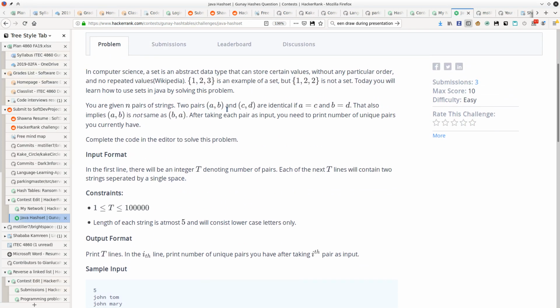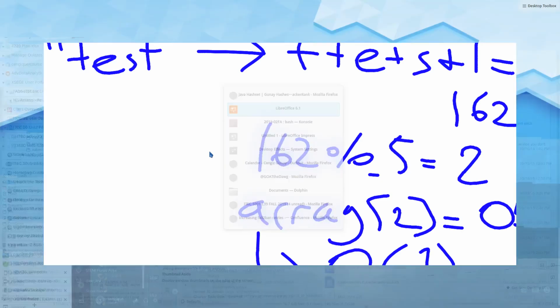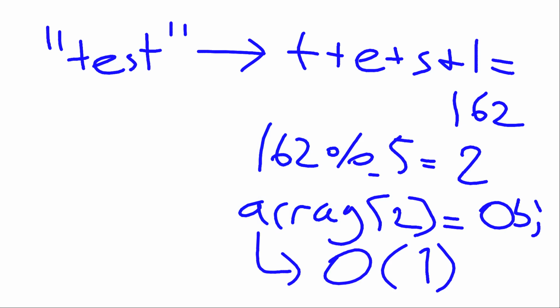And how do you deal with a pair? Because in a hash set you need to put one thing, right? If you go back to my example, from one object or a string, you can create a hash code, which will translate into an array position. Now, if you had 2 words, how would you do that? Well, maybe the simplest trick, you can just combine those 2 words into a single word and then use that as the hash code. That will be a very simple solution. Okay, that's my hint to you.